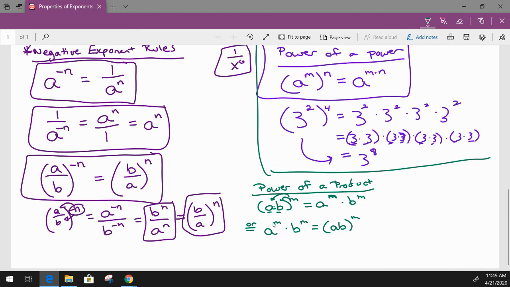So as long as these exponents are the same and you're multiplying, you can multiply the bases together and take that whole thing to the power. So to show a couple quick examples of this rule and this rule,